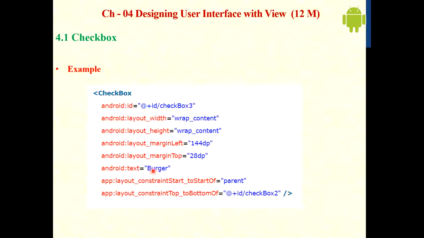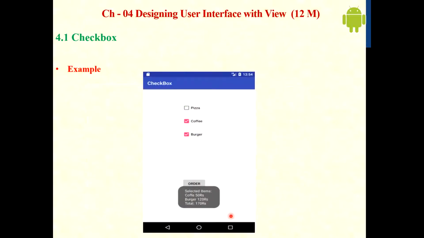Burger is the text that we display in the checkbox. Before burger one checkbox is given. Then constraint start to start of parent, this is also one attribute. We will see in practical how we create one checkbox. So this is a simple example of checkbox.